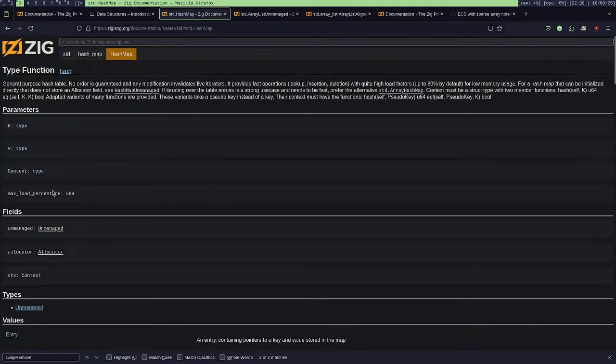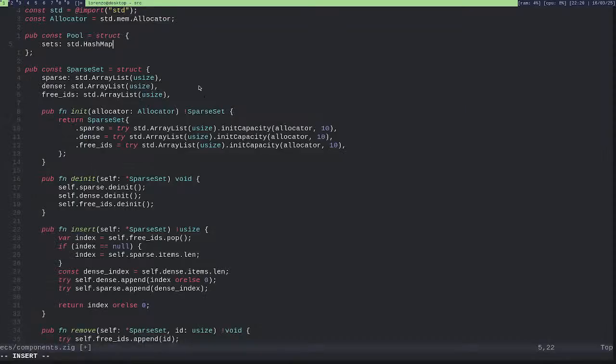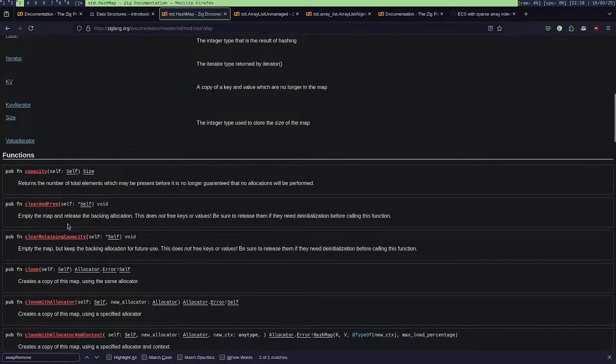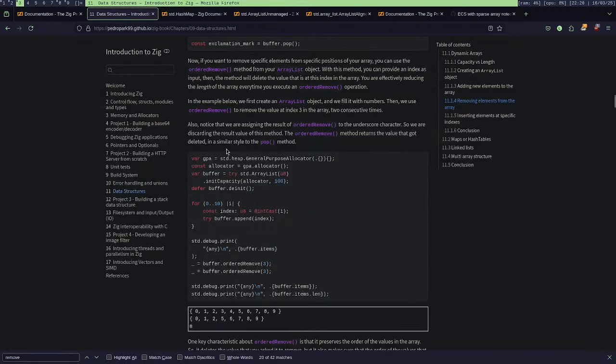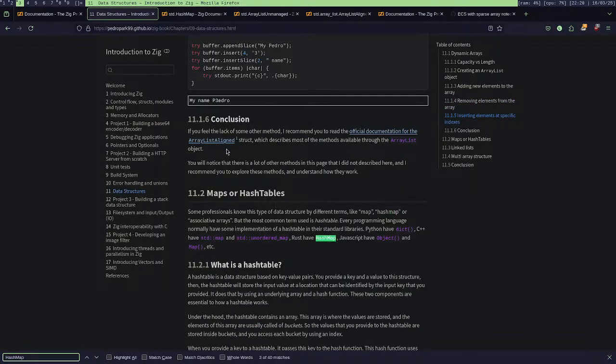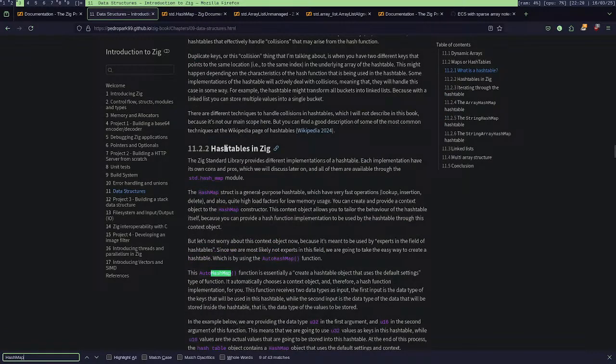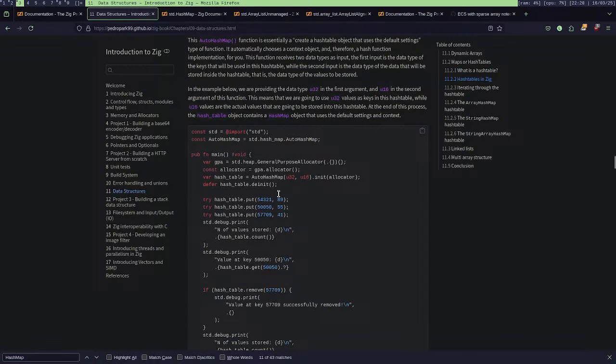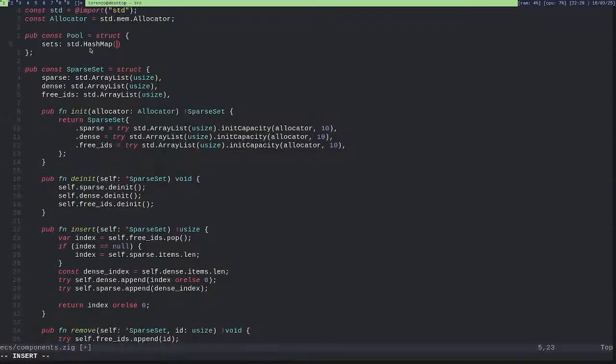Okay, so auto hash map, the key will be a type, so a component basically, and this will be a pointer to a sparse set.